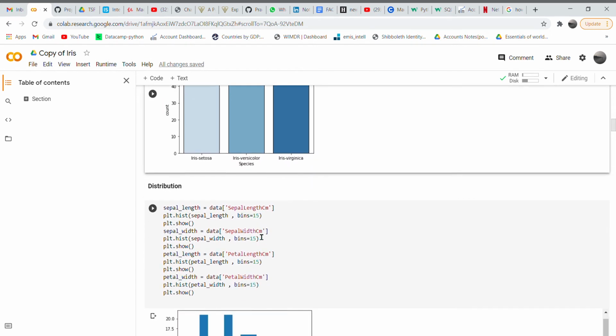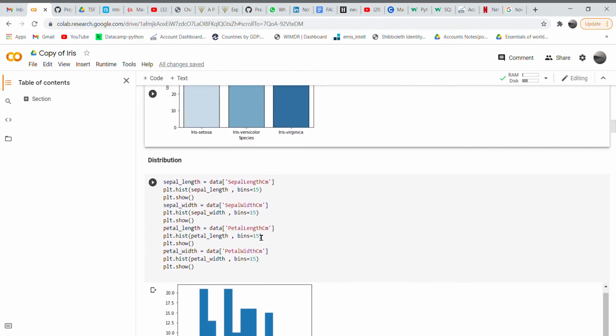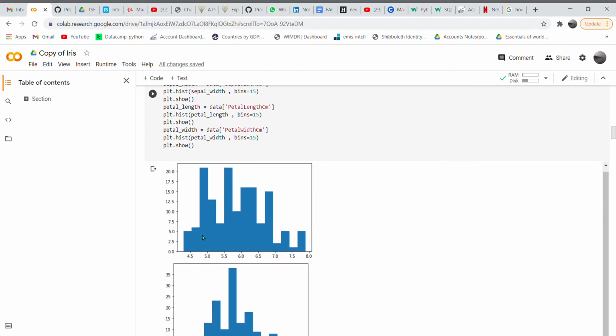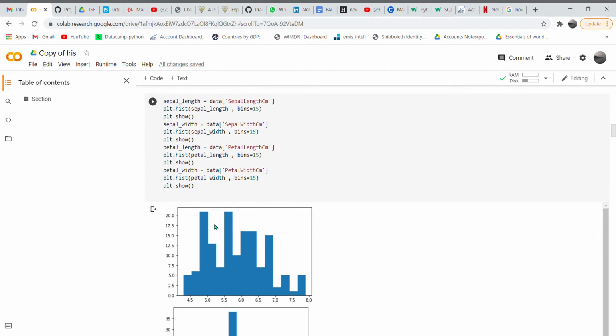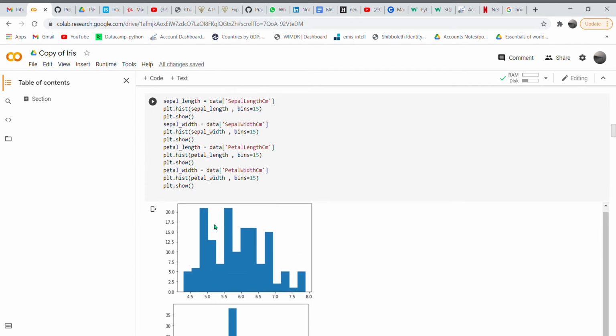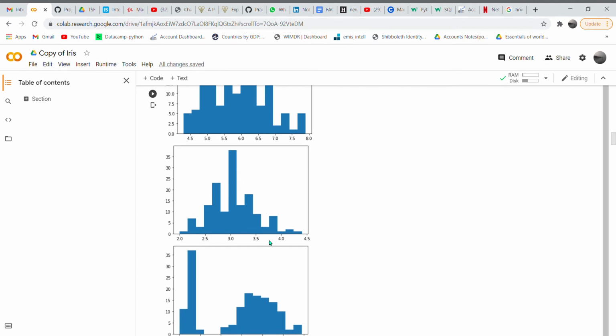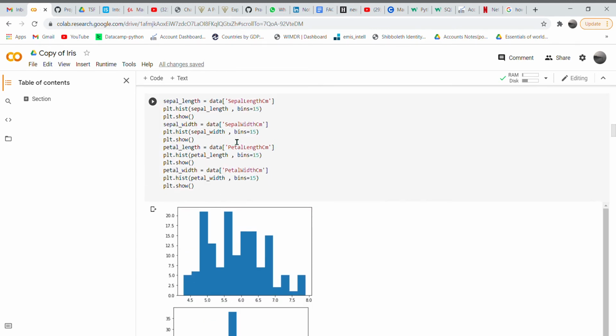Let's see the distribution of these four variables, that is the independent variables. When it comes to sepal length, we can see it is a bit normally distributed, with some of the towers climbing up, but it's not exactly a normal distribution which we can say. Same goes for sepal width.